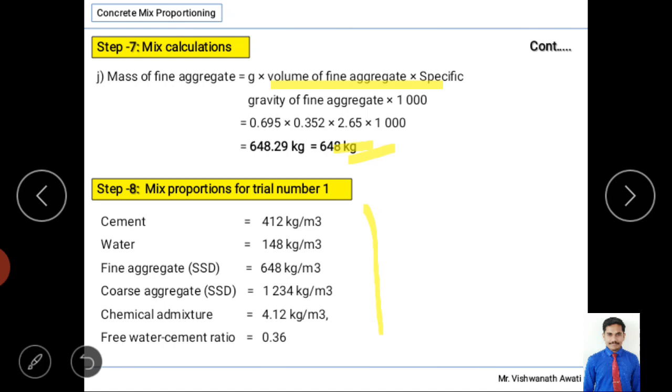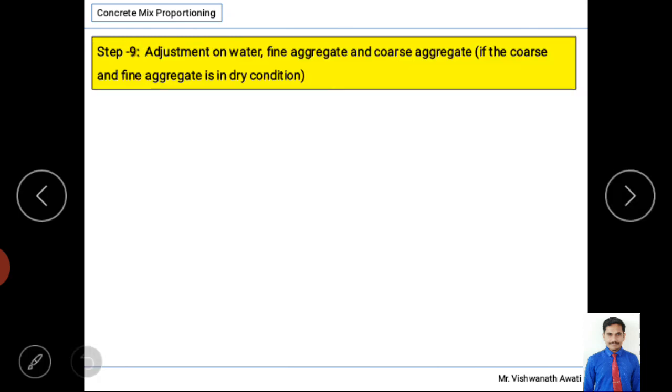We just have to remember these names. Then we have to write all the calculated values. Correct. Very simple. Step number 8 is very simple. Next we will go for step number 9, adjustment on water, fine aggregate, coarse aggregate,